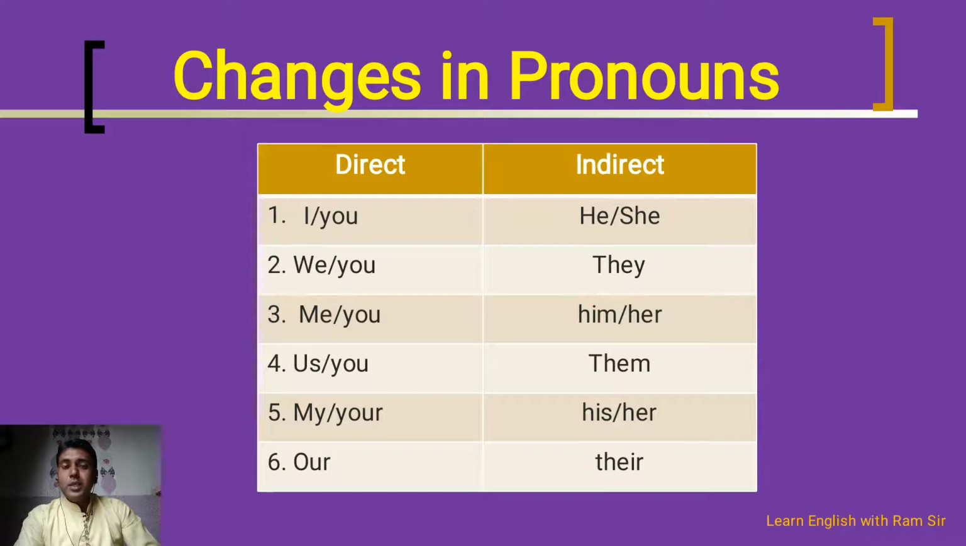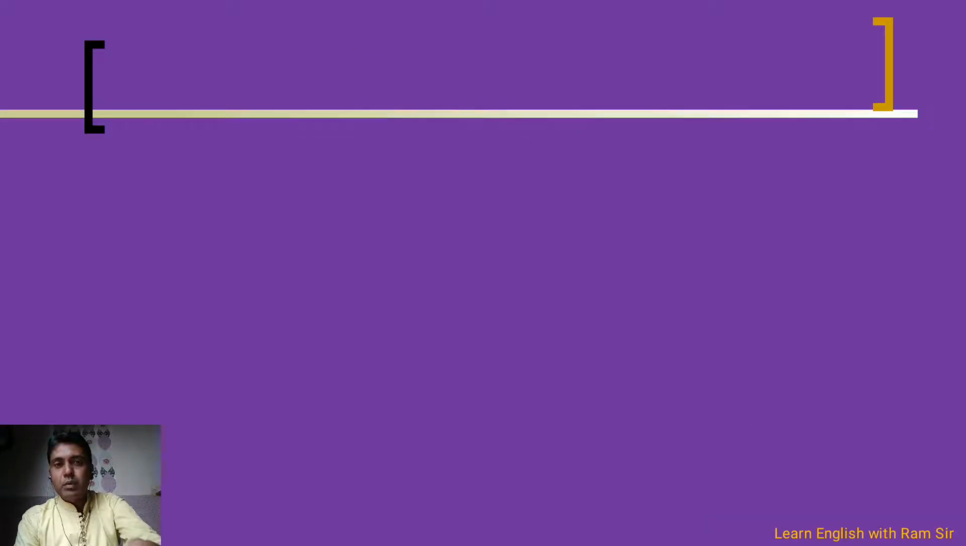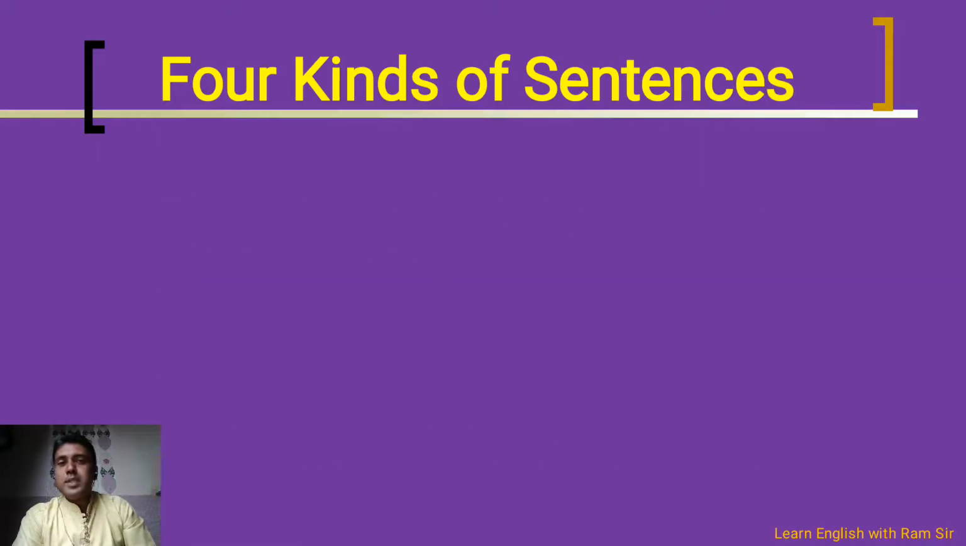So these are the important changes you have to keep in your mind whenever you are solving the examples of direct and indirect speech. So without wasting time, let's see the direct and indirect of the following sentences. You all know it very well that in English we have a total of 4 kinds of sentences, and these sentences are